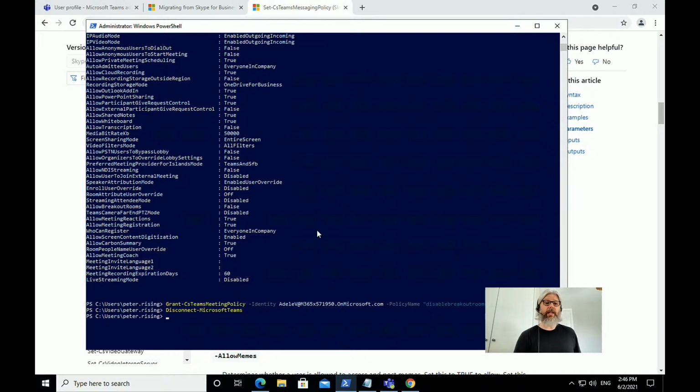And that really is Teams PowerShell in a nutshell. As you can see, there's a lot to it. There's a lot of different policies and settings. I would advise you to look at the Microsoft documentation and familiarize yourself with the get, set, new, remove, and all of the Boolean sort of values as well that you have. It's quite logical and easy to pick up, but you're going to find it helps you enormously as you administer